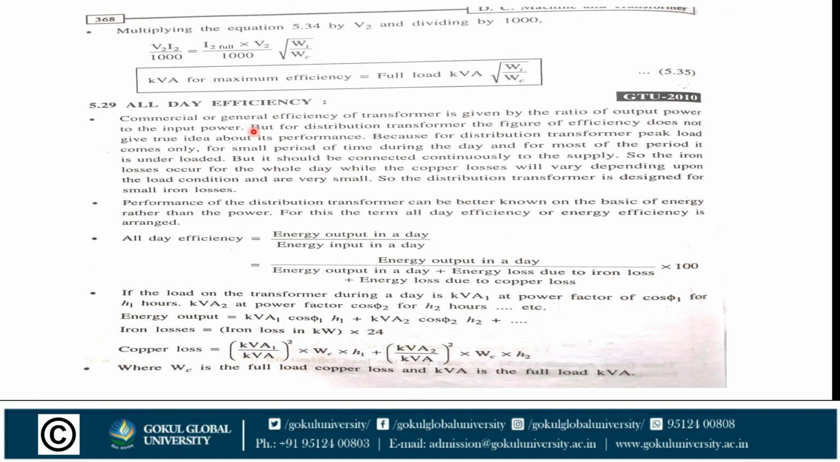Now we discuss this equation. kVA for maximum efficiency is equal to full load kVA into square root of iron loss by copper loss. This equation will be useful in examples. Okay. Now next,